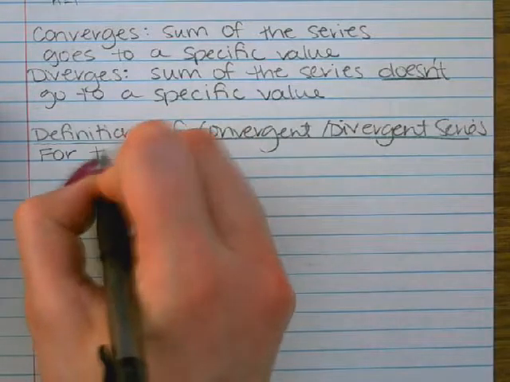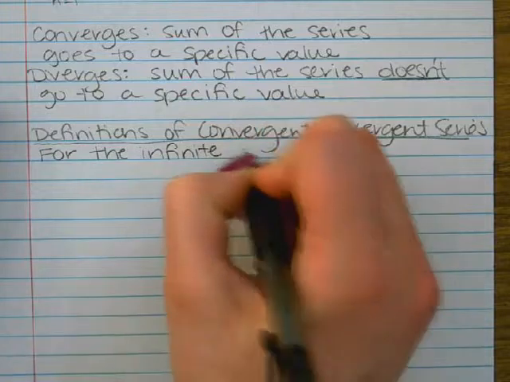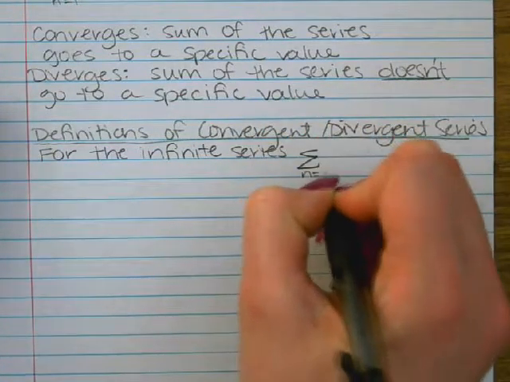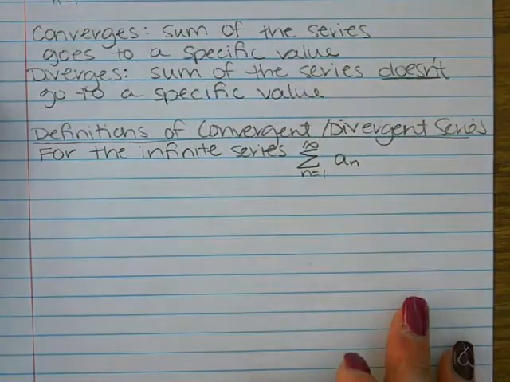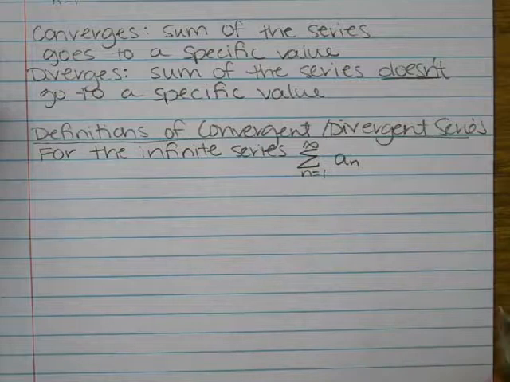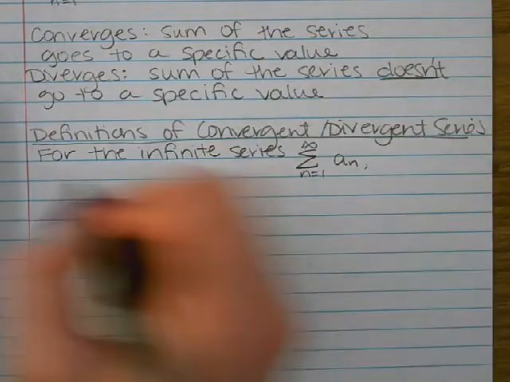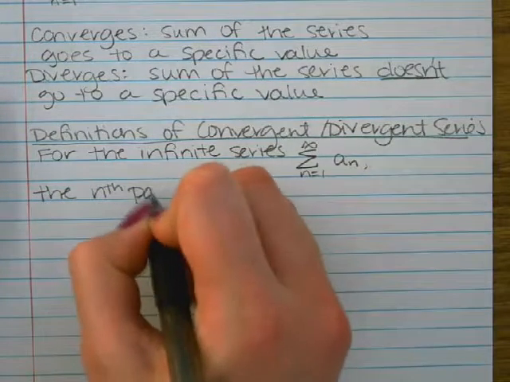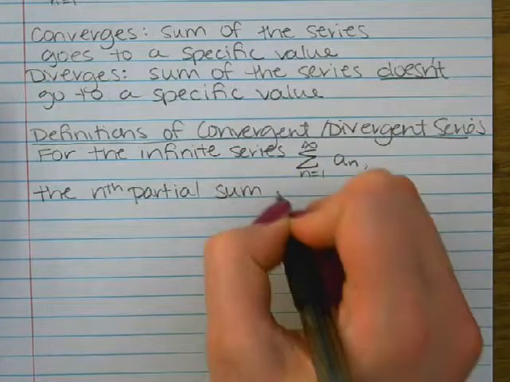So for the infinite series, the sum from 1 to infinity of the sequence a sub n, the nth partial sum is,